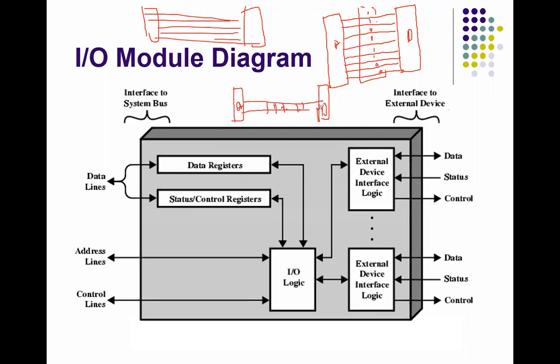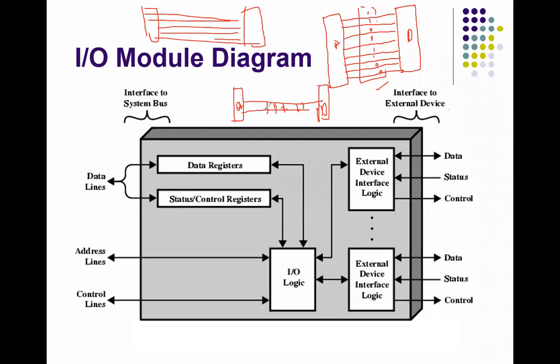Okay, so either we can send the data by using parallel or serial, each having its own advantages and disadvantages. Like parallel is faster and serial is slower. So in a parallel line, here we have taken an example of 8-bit. Similarly, you will find there is a 16-bit line, 32-bit line.